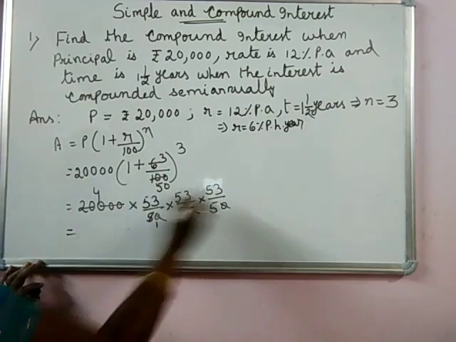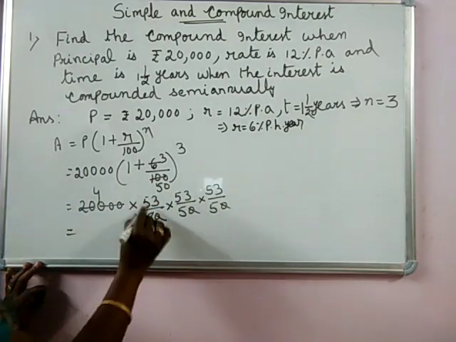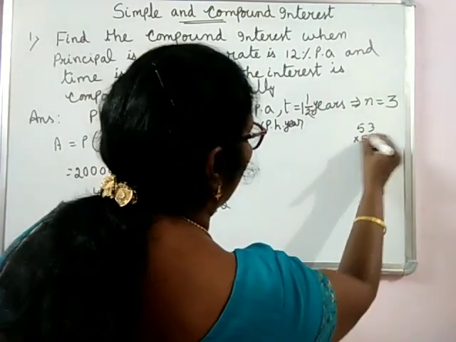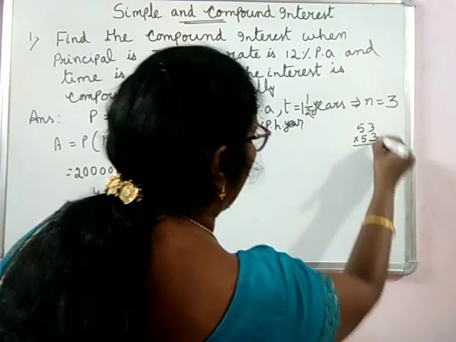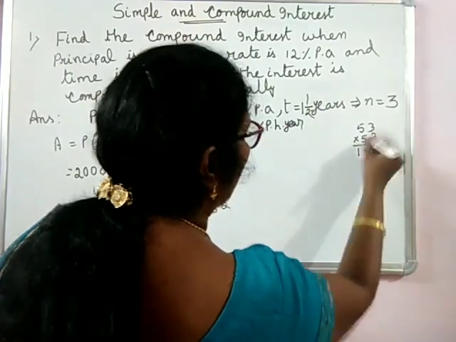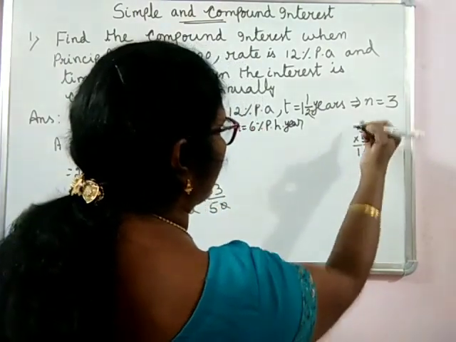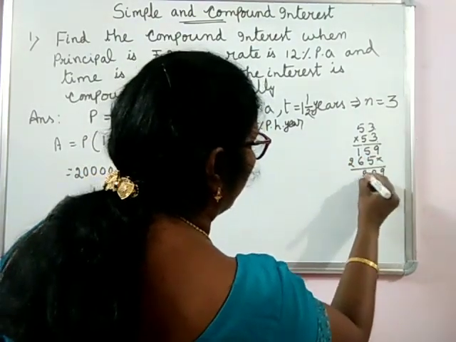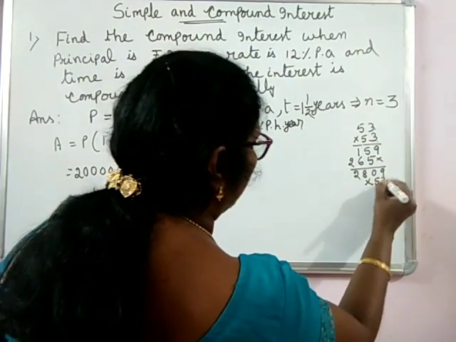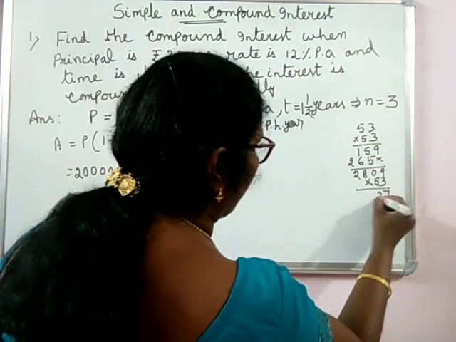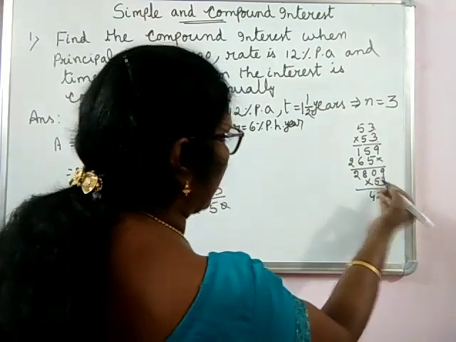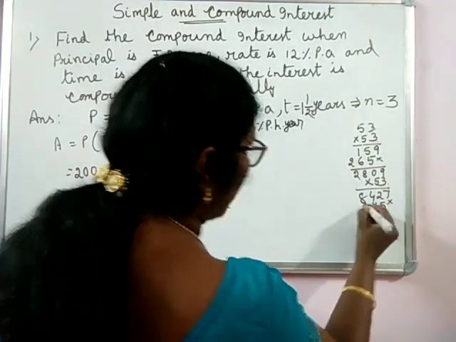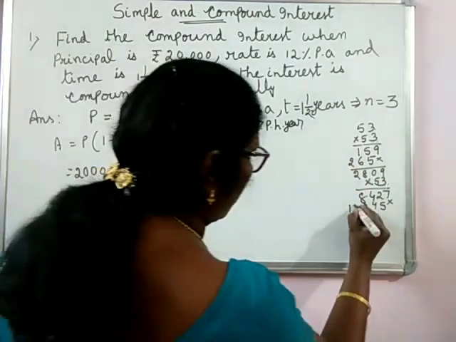Let us multiply the numerator. 53 into 53 into 53 into 4. Let me multiply and show you. 53 into 53. 3 3s are 9, 3 5s are 15. 5 3s are 15, 5 1 carrying, 5 5s are 25 and 26. Again 53. 3 9s are 27, 0 is there, 3 8s are 24, 2 carrying, 3 2s are 6, 2 is 8. 5 9s are 45, 5 8s are 44, 5 2s are 10, 4, 14.